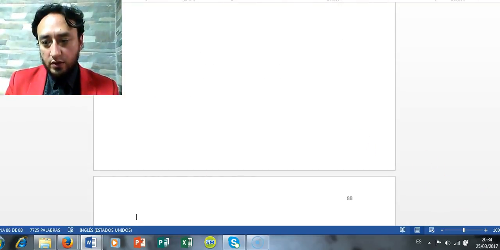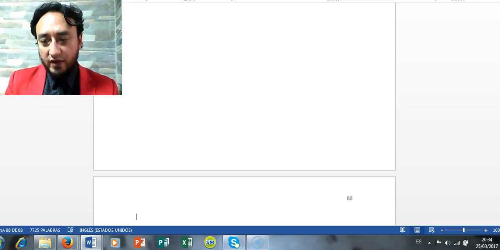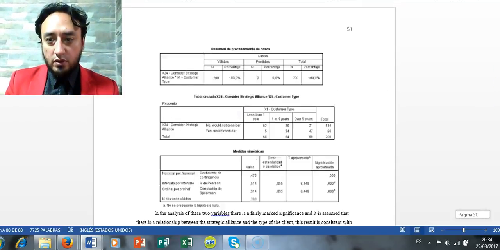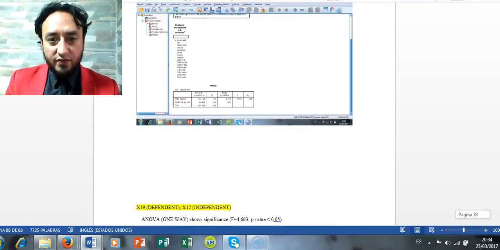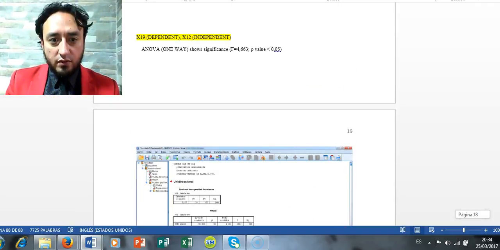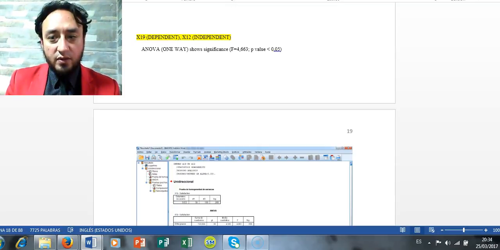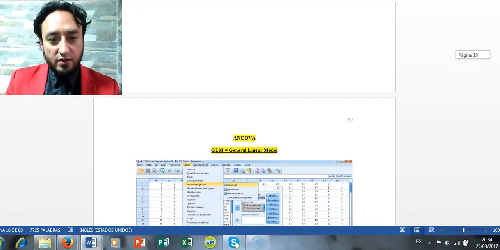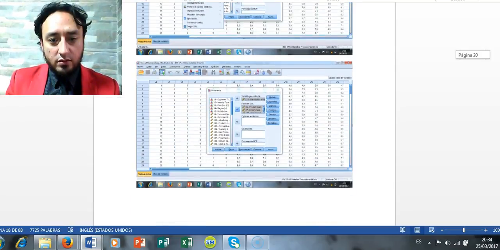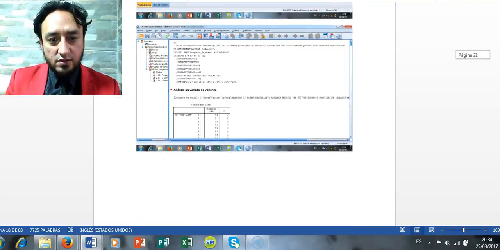And well, we also did the analysis of ANOVA and ANCOVA, and we realized that, for example, ANOVA one-way shows significance. The p-value is less than 5% between X19 dependent and X12 independent, for example. And ANCOVA, general linear model. So we have the results,